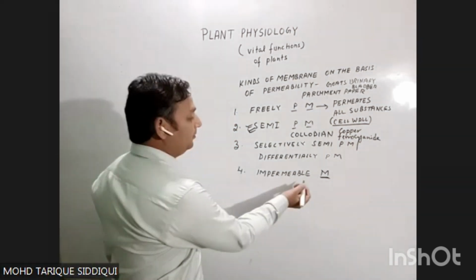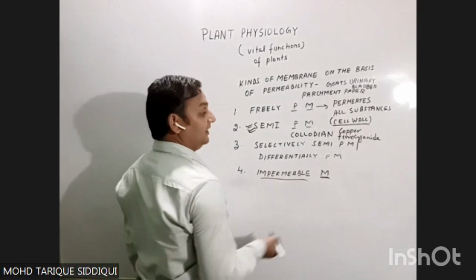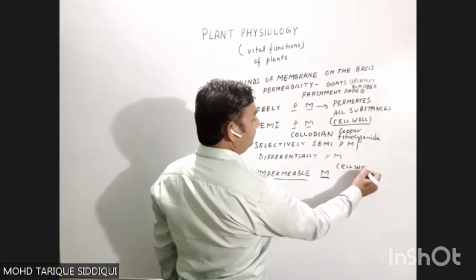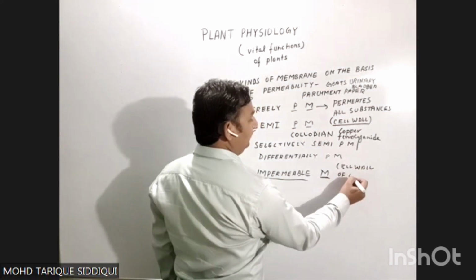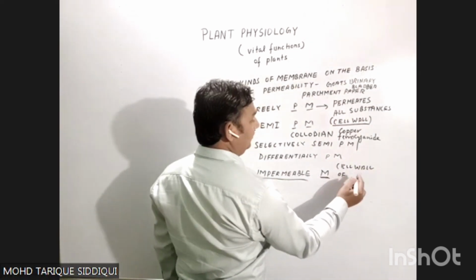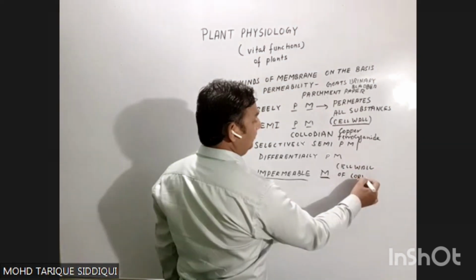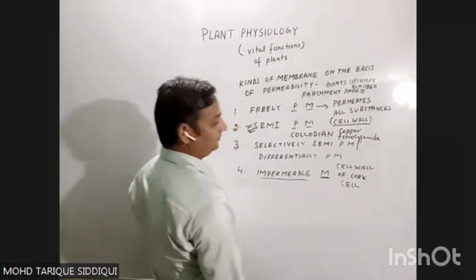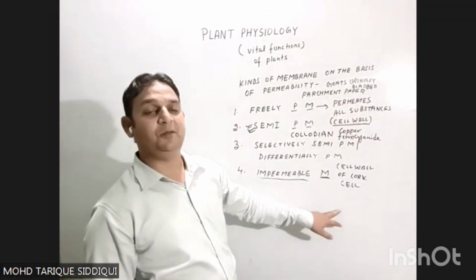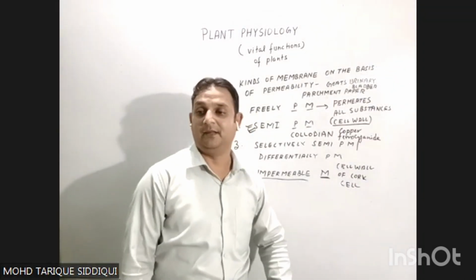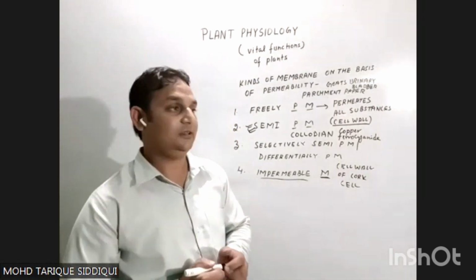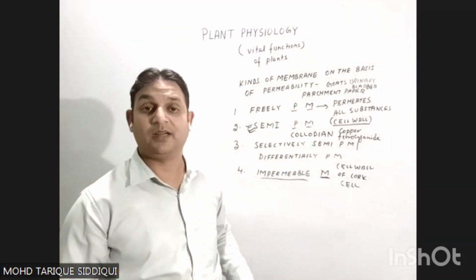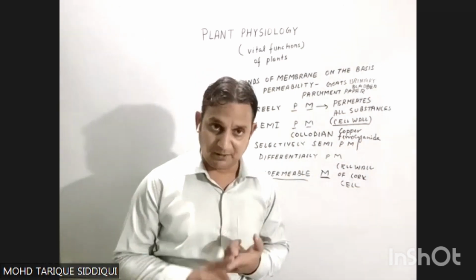Example of the impermeable membrane we have studied in class 9: the cell wall of cork cell. Cork cell is an example of impermeable membrane. I hope you understand all these types of membrane, kinds of membrane on the basis of permeability,